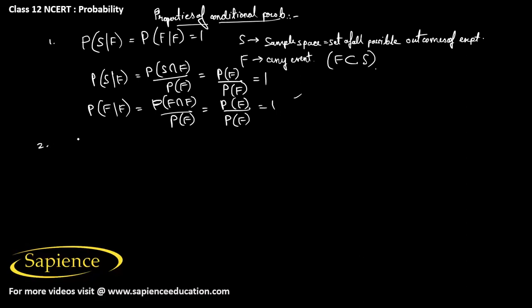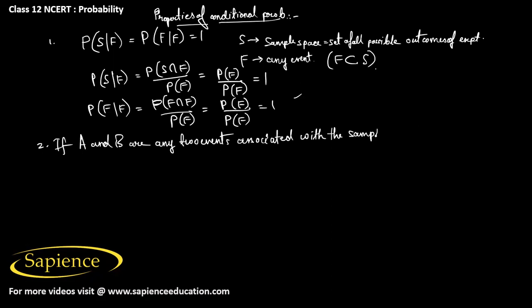Then the second property is, if A and B are any two events which are associated with the sample space S of a given random experiment,